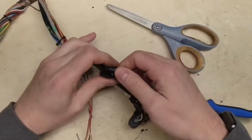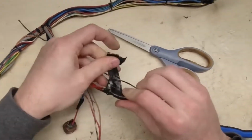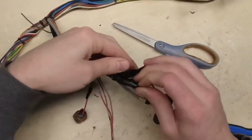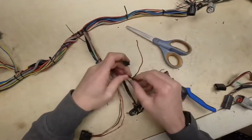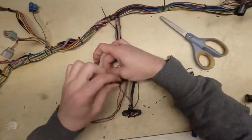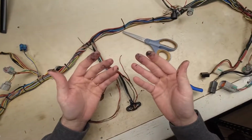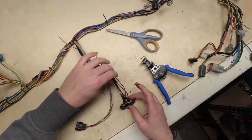This is some of 2005's finest electrical tape, and it is filled with some sort of butyl. Oh, that is awful. Great. Okay, since we've got this cleaned up now and we have a little extra length to play with here,